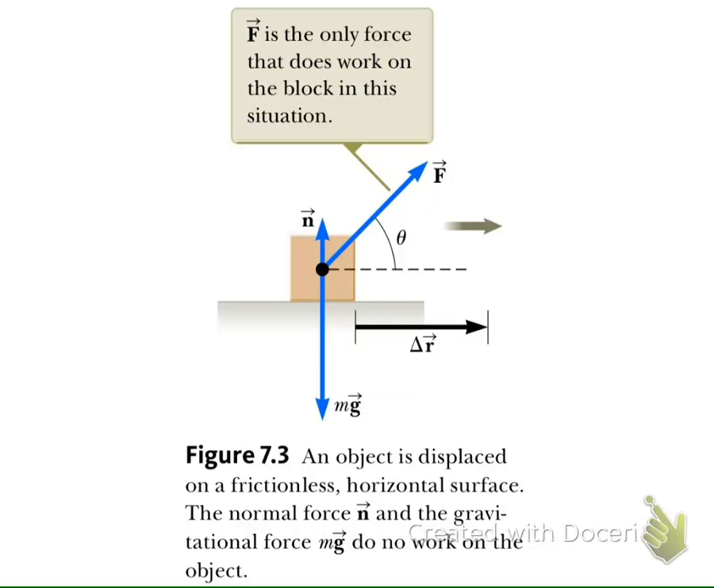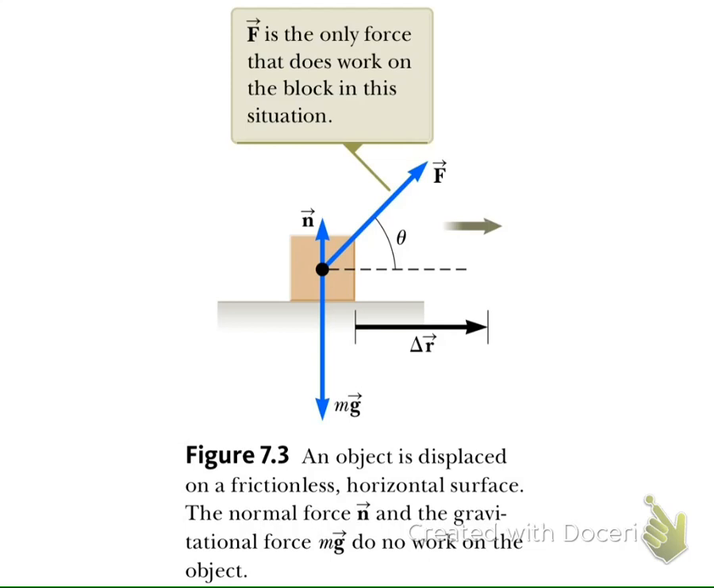There may be more than one force exerted on an object, but not every force produces work. For example, when we look at this figure, we can see that it is not only the force F that is exerted on this object. We can have the weight, or the gravitational force, and the normal force acting on this object also. But the point is that the gravitational force